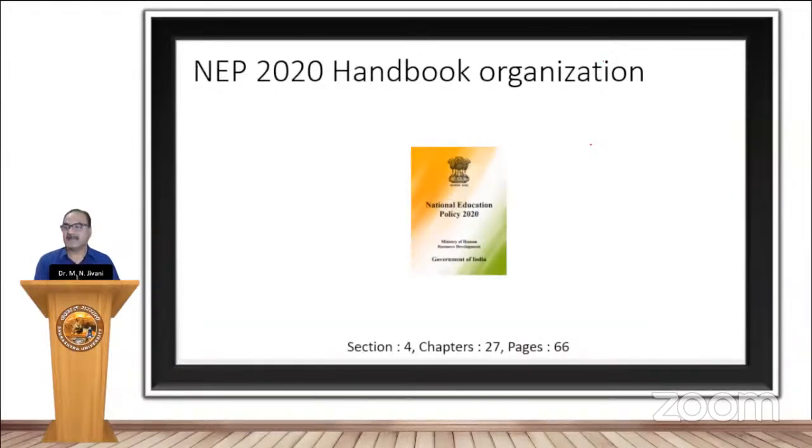So this is the main picture of the manual, the main title of the book. The entire policy or entire manual is divided into 66 pages in the English version, which is again